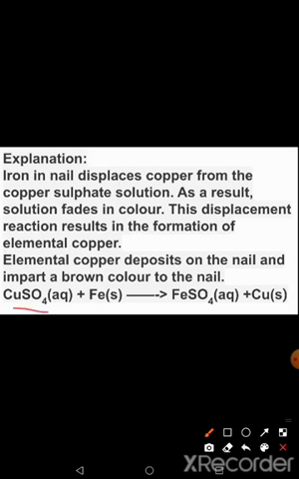So the equation for the same reaction is given here. Copper sulfate reacts with iron to give you iron sulfate, and copper is getting displaced. So when copper is displaced from this, the blue color is lost and it will become fainter, it will fade, and later it will turn greenish in color, because it has become ferrous sulfate now, because this copper sulfate has reacted with iron to form ferrous sulfate, and copper is getting displaced. So whenever such a type of reaction is seen with an element getting displaced, we call it a displacement reaction.